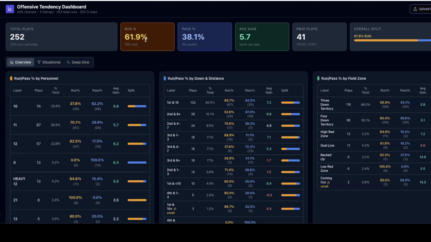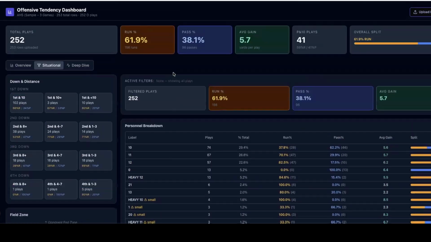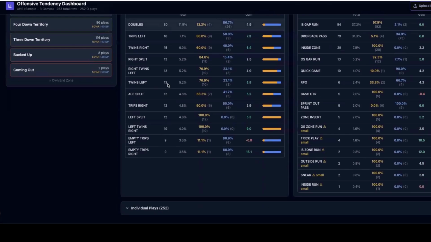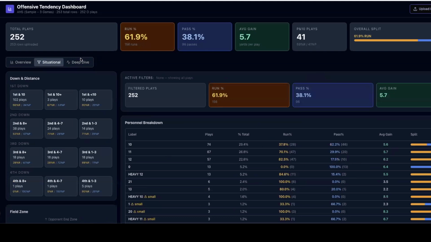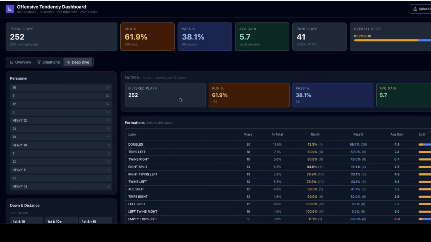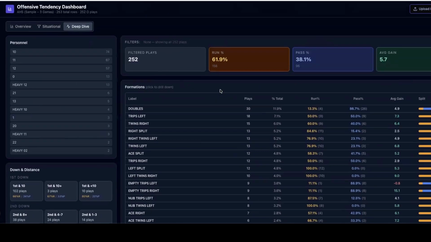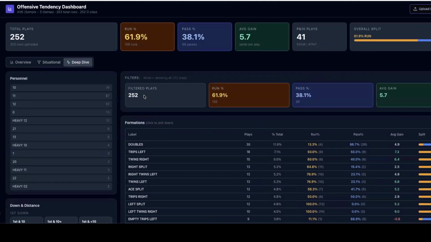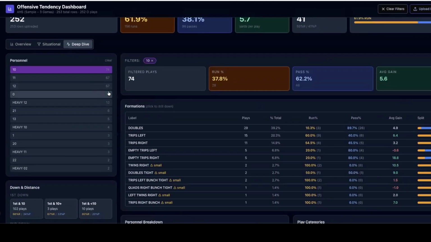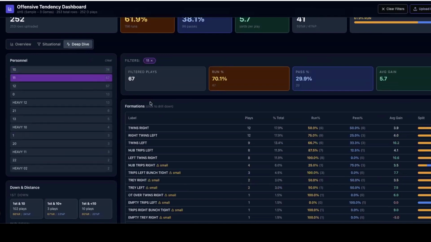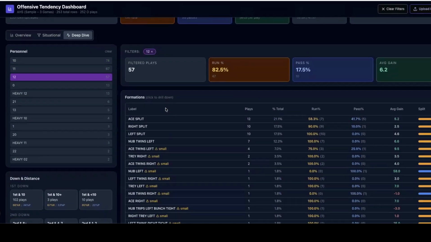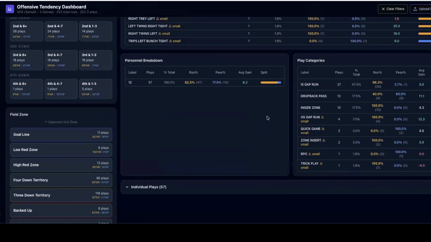ChatGPT. We vibe coded a dashboard to break down defenses. All right. And again, you can see I can look at what their run pass percentages are, what their top plays are. And then I can go in here and click into this a little bit. All right. So I can look at what they do at each formation. And then I can say, well, what about 10 personnel? What formations are they going to be in in 11 personnel? All right. What about 12? What are the top formations? And then what are the runs that they're going to run from here?